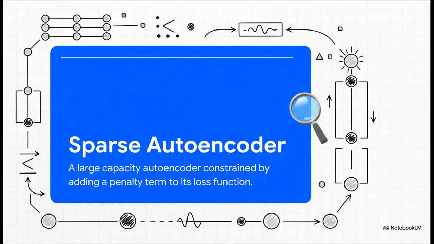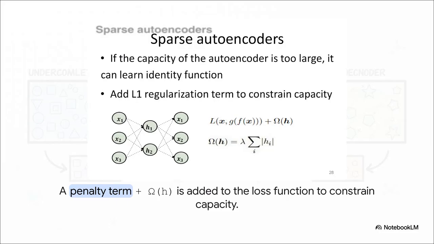And this is what we call a sparse autoencoder. Now notice this, it can actually be overcomplete. That means its hidden layer can be even larger than the input layer. So where's the magic? It's all in the math, right here, in the formula. We start with the standard loss, which is basically just a score for how well the network is copying the data. But then we add a penalty, this little omega of h,